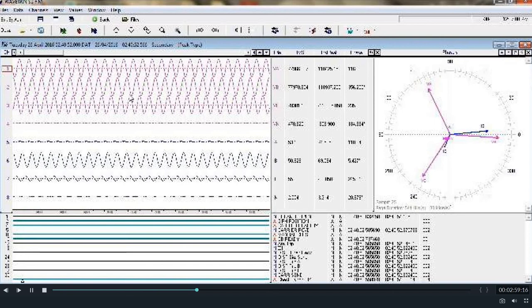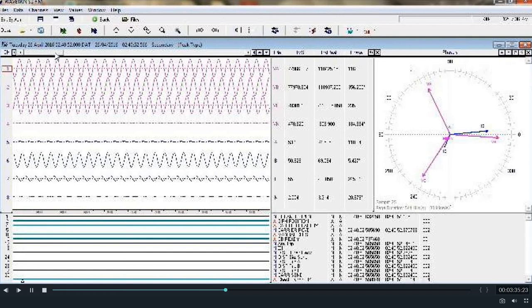If we start from the left top, then we will be able to see on the left hand side there are pink color graphs or pink color plots. There are 4 pink color plots. First 3 are for voltages, voltage A, B and C, that is for R, Y and B, and the 4th one is for the neutral voltage. So in normal condition, the voltages of all the 3 phases will be almost same, and the summation of all the phases, that is neutral voltage, will be almost 0.